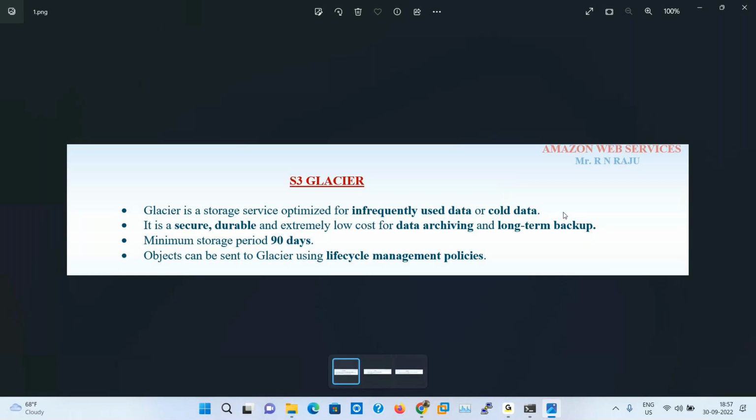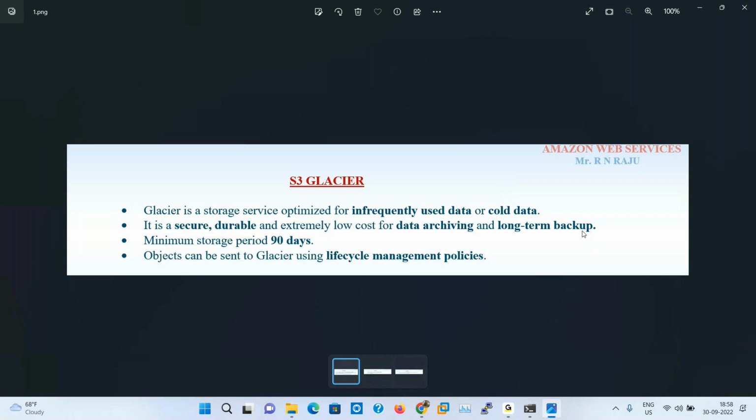If you want to take backups, then we use S3 Glacier. It is secure, durable, and extremely low cost for data archiving and long-term backups. If you want to take long-term backups, then you use Glacier.